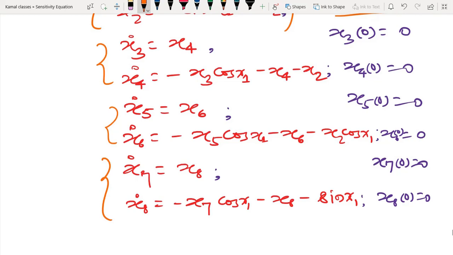In this way I am able to talk about the sensitivity of a nonlinear differential equation, or a system governed by a nonlinear differential equation. The same theory you can apply anywhere, just make sure that whenever you apply the theory, the right hand side of the vector field should be continuously differentiable in all arguments. That you have to make sure.